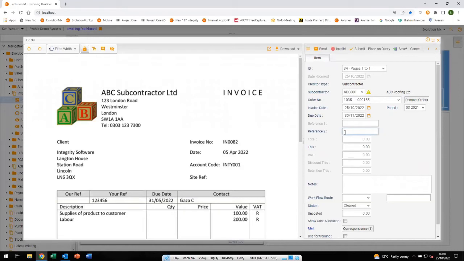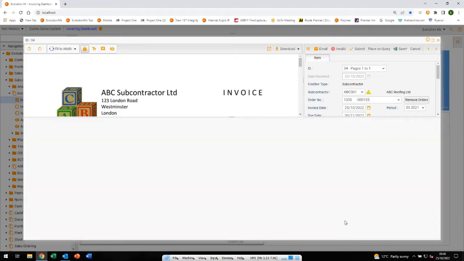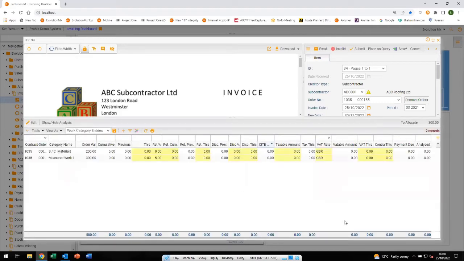I can use Ref2 then to record the supplier's invoice number. No need for Ref1. The system will take care of that on an automatic allocation basis just to keep your order up to date. And then you're able to make an entry of the net figure associated with the invoice that's being claimed. So if all I'm going to do is record the value, and then I can go into the show cost allocation, which will open up the lines of that purchase order that I'm able to allocate that